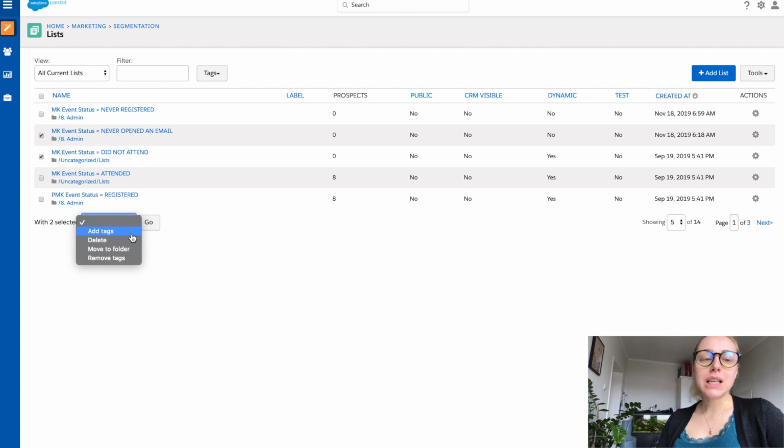So potentially if you bulk created a couple of lists, you want to apply some tags, whether potentially these tags involve any region specific tags like EMEA, America, Asia Pacific, etc. Or you want to remove some tags. Maybe you want to add them to a specific folder so the right users can access the right lists. If you have created a specific folder access based on the roles in your org, or you can delete lists